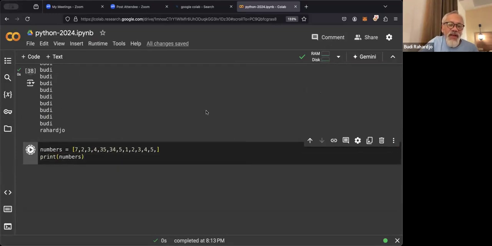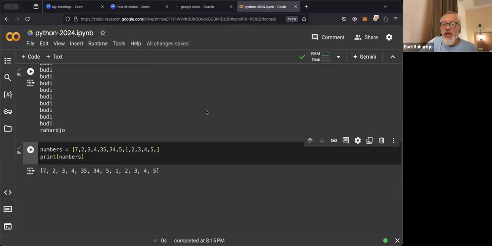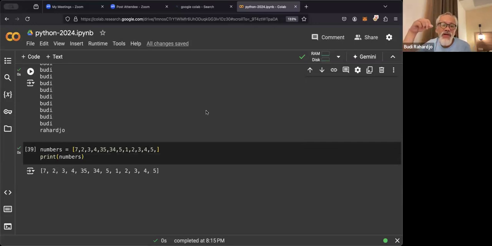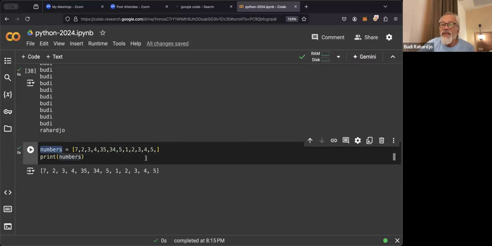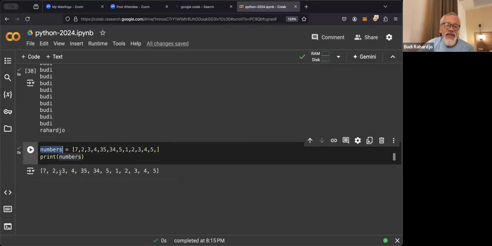What does it do? So this is what we call a list. So instead of just one number in a variable, it can have many numbers or many data. We call them a list. So this is a list.